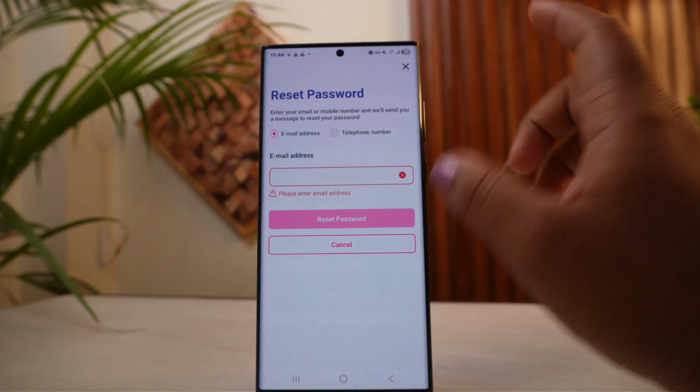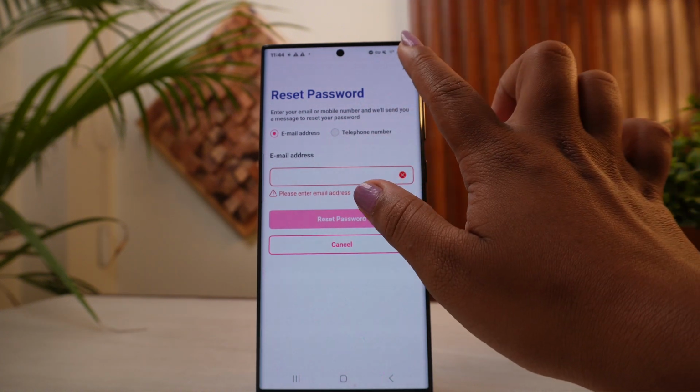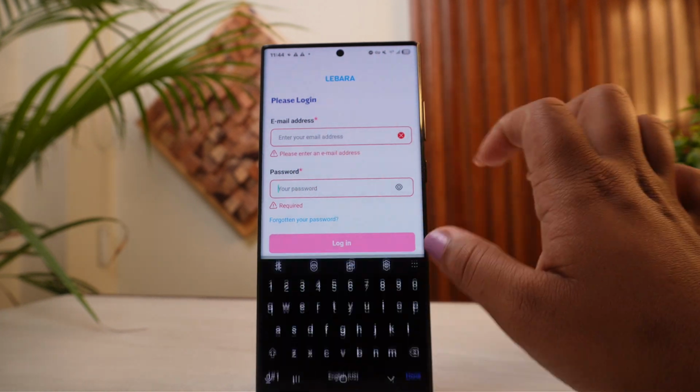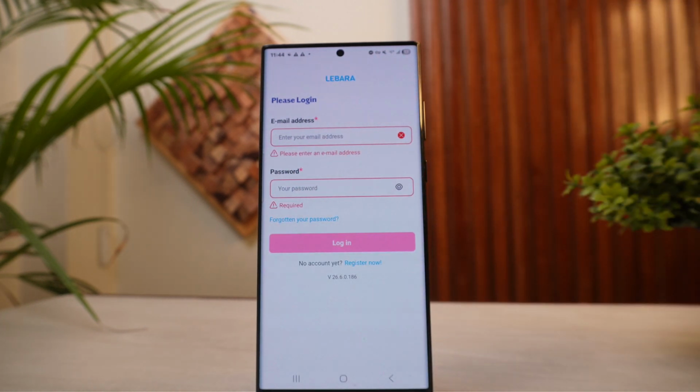Simply open your email, go through that link, and go along with the process of how you'll be able to reset your password. Then come back to the login page, add in your new password, and then tap on login, and like that you'll be logged into your